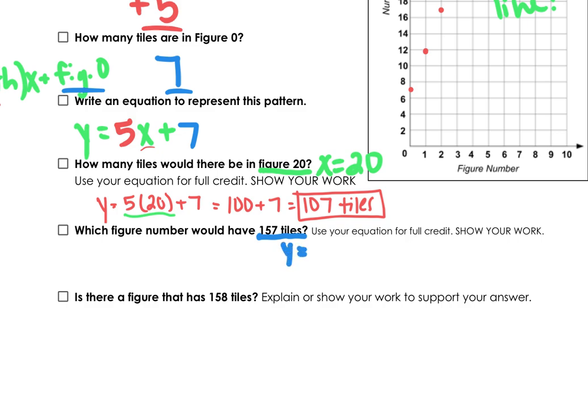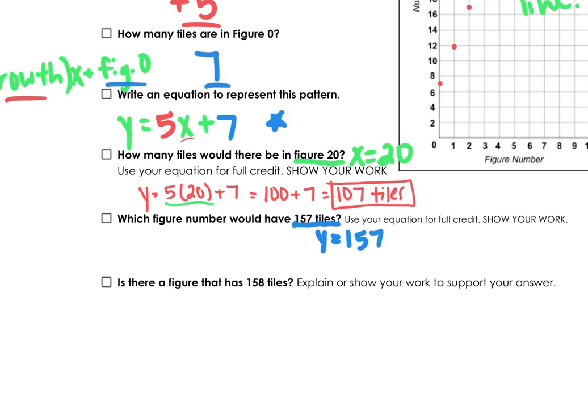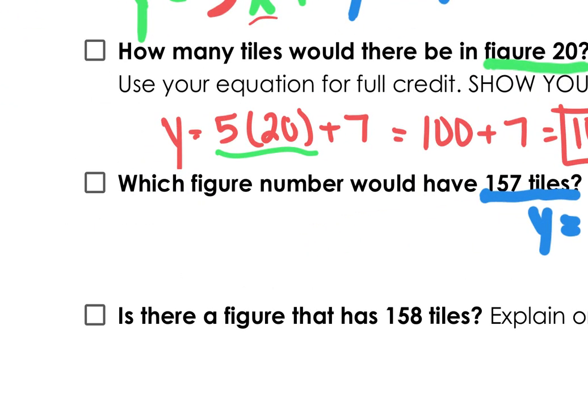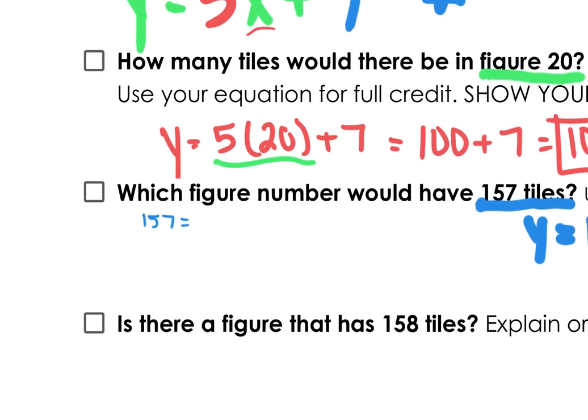So y is equal to 157. We do the same process where we substitute this into our equation, but this time we substitute it in for y. So it's going to look like this: 157 is equal to